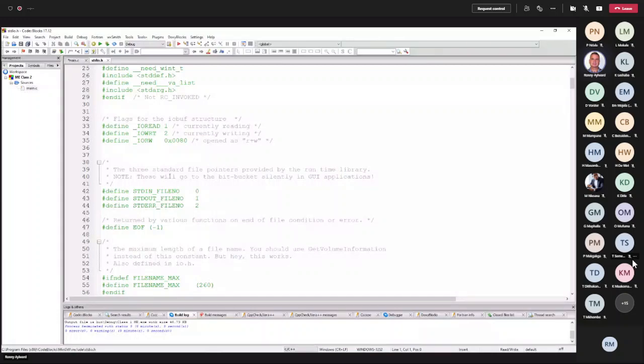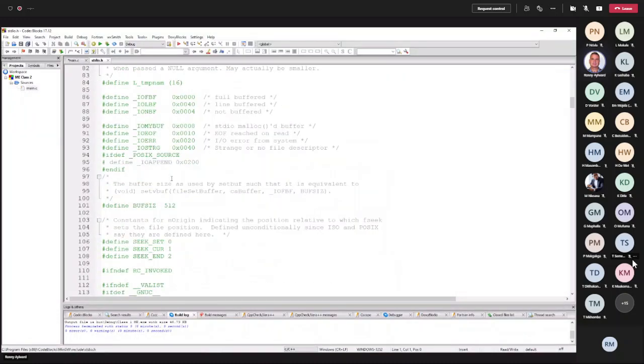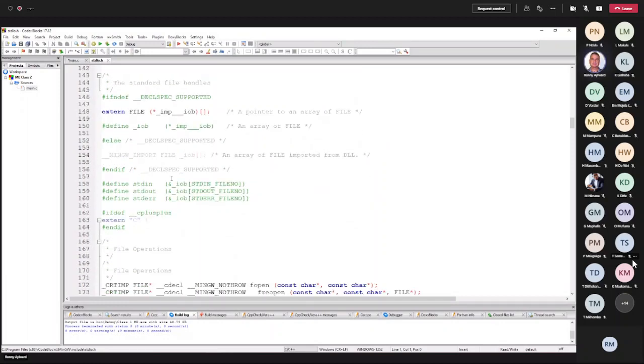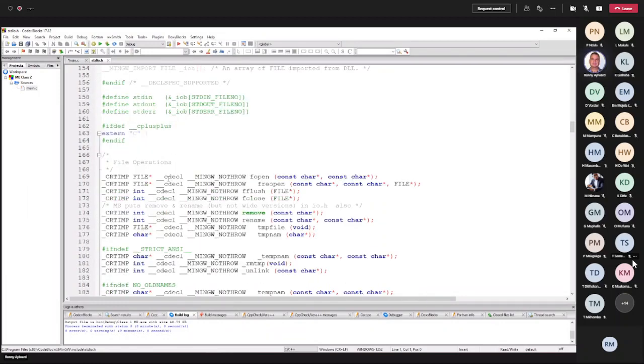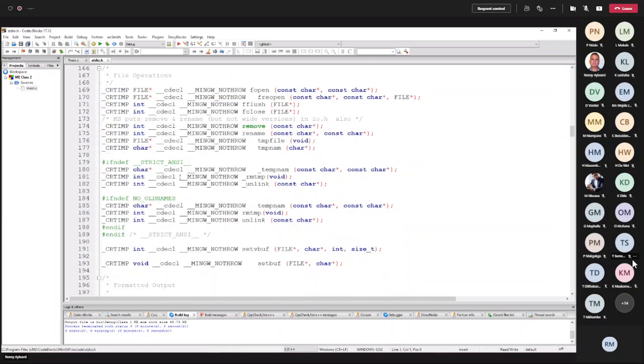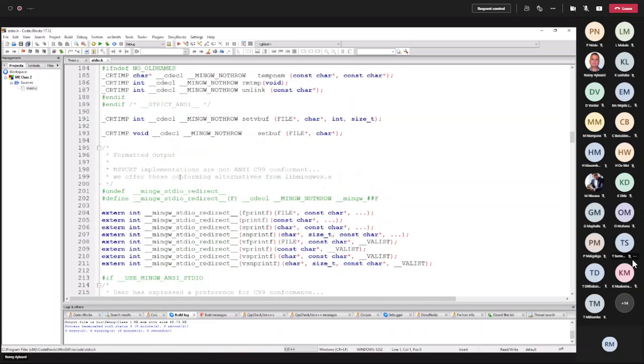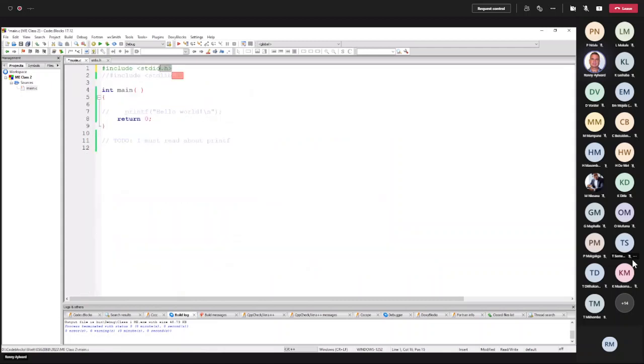So in here, there's all kinds of defines, etc., but what is important is this line over here. And here you see printf. So what a library does, it includes descriptions of code.